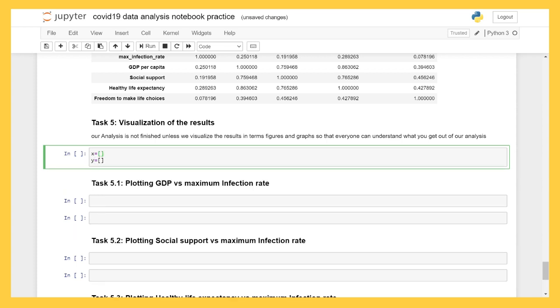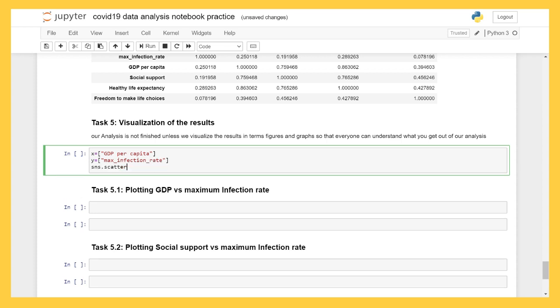What will x contain? X will contain GDP per capita, and y will contain max infection rate. So we have sns dot scatter plot here,